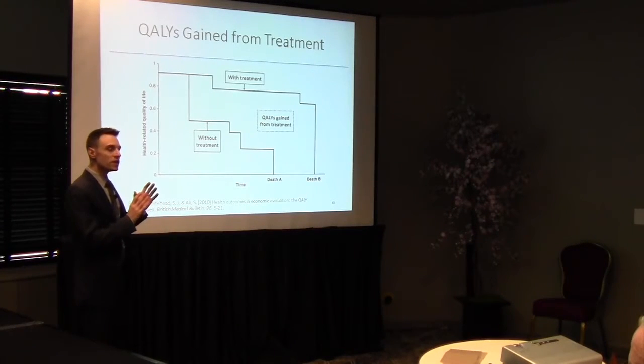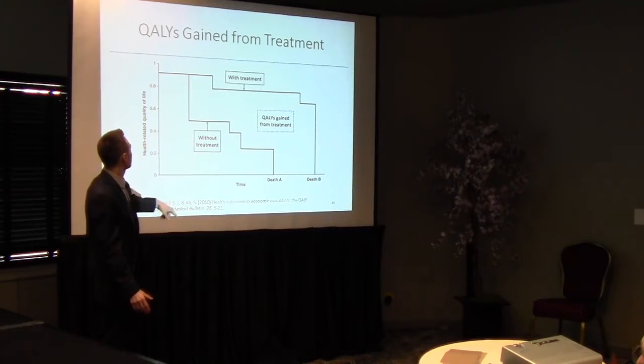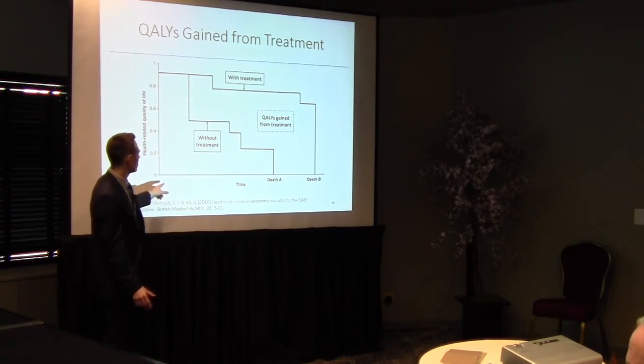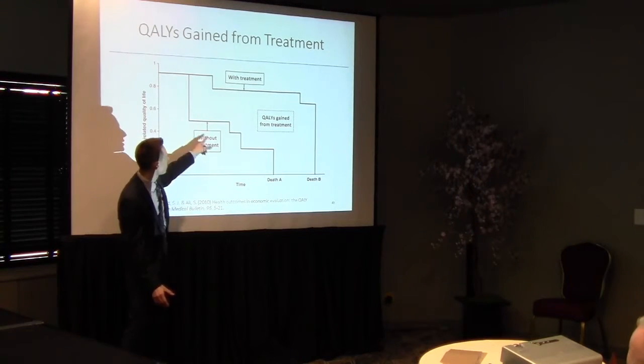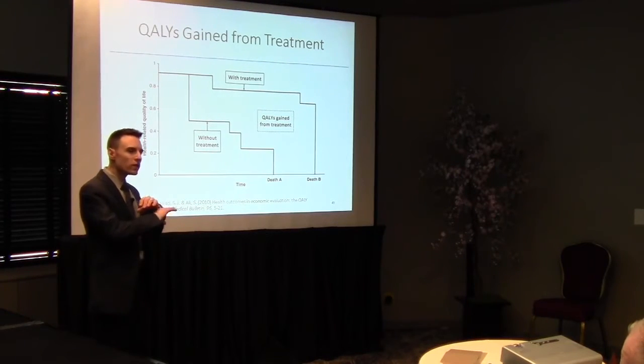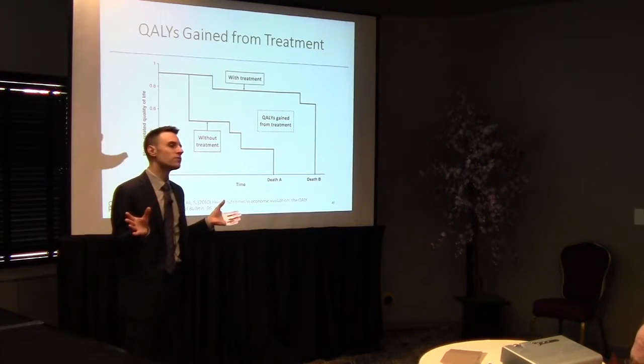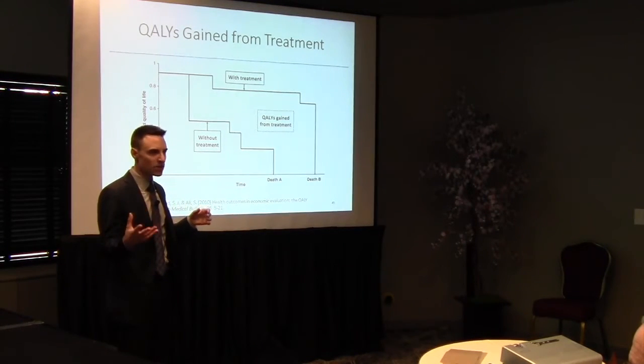So this gives you an idea of what we're actually looking at. You can see that top line would be with treatment. This would be quality of life without treatment, and you can see that we have these different points where it's captured, right? If we look at the total area under one of those curves, that would be the quality of life associated with, let's say, that treatment,